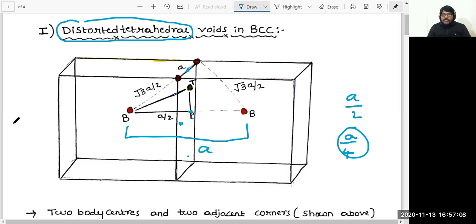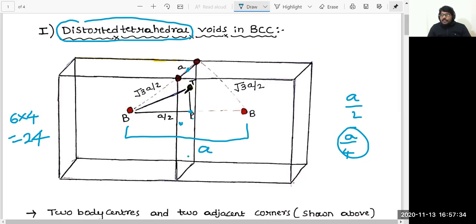How many faces are present? 6 faces. Each face has 4 tetrahedral voids. That means 6 into 4, that is equal to 24 tetrahedral voids in one unit cell of BCC, but we need the effective number,